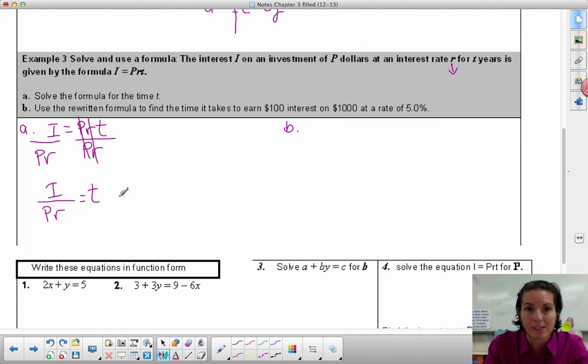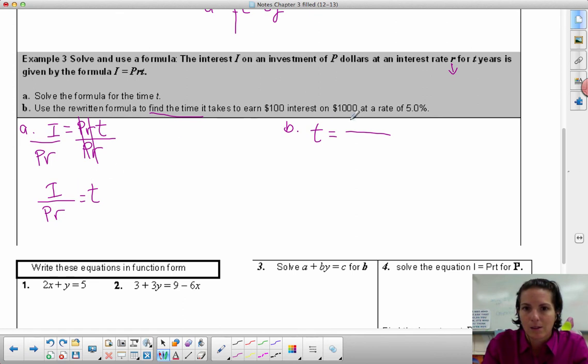So we've got the first part. We did the literal equation part. Now they're asking us to use that formula to find the time it takes to earn $100 interest on $1,000 at a rate of 5%. Find the time, right? Read that actively. Find the time. So I'm looking for T, and I know